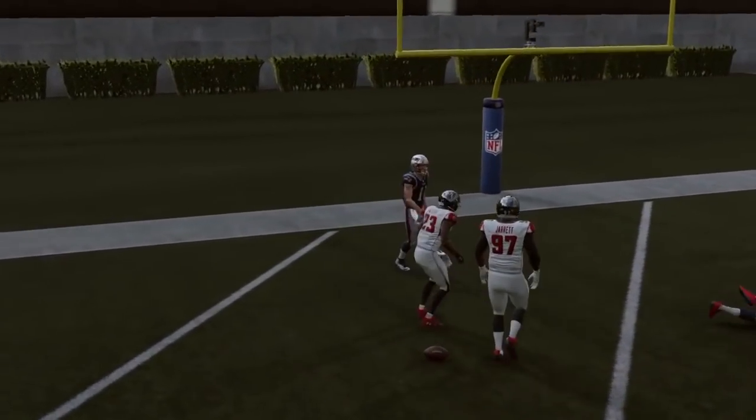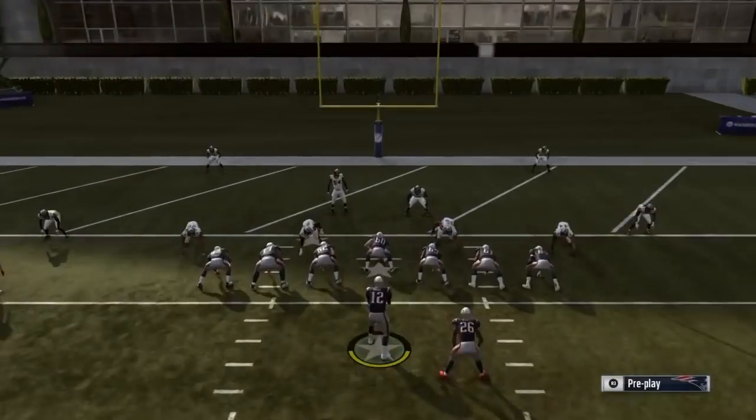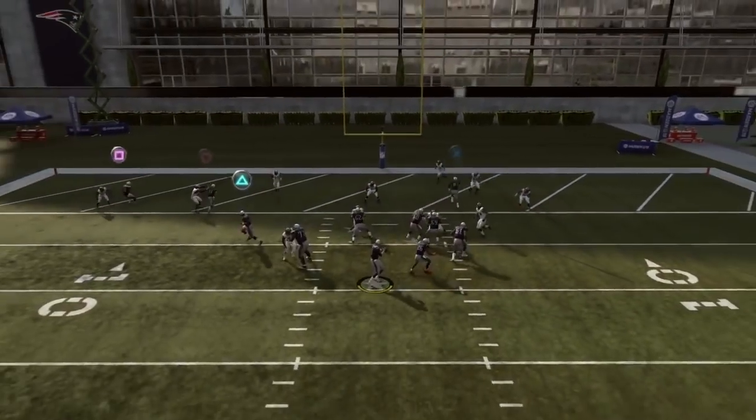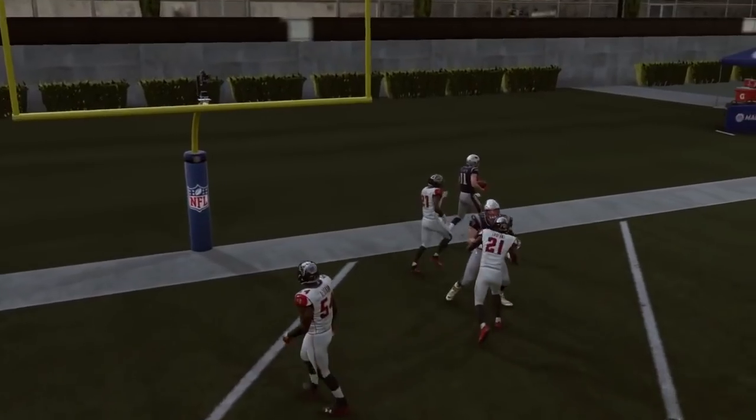He got hit at the end right there, but obviously catching in traffic is important to you. You want your big body possession catch receiver right there. Obviously you can throw to Edelman on a high point, but I'm